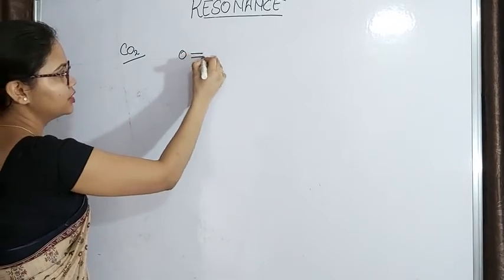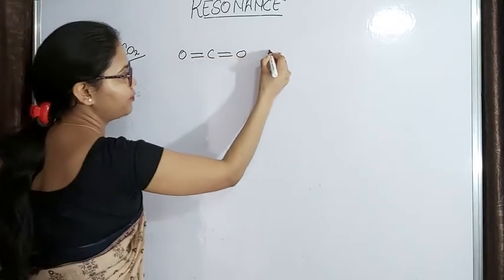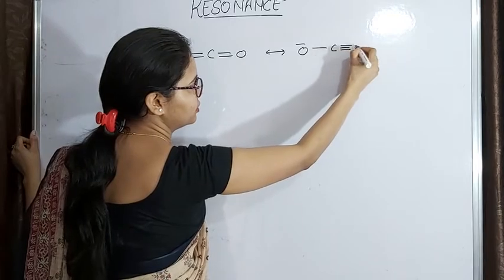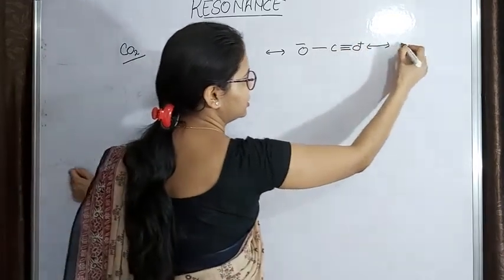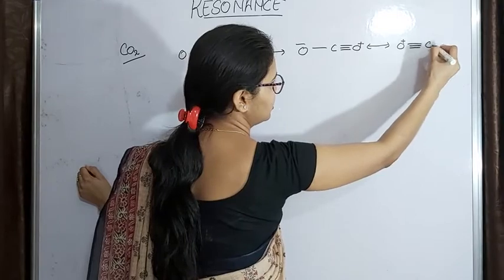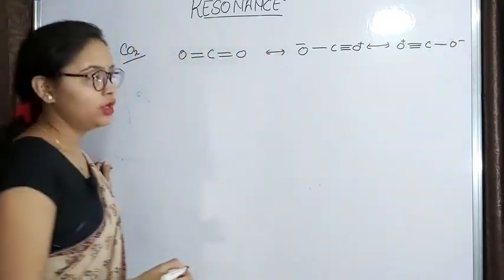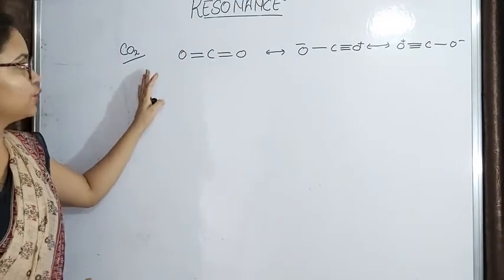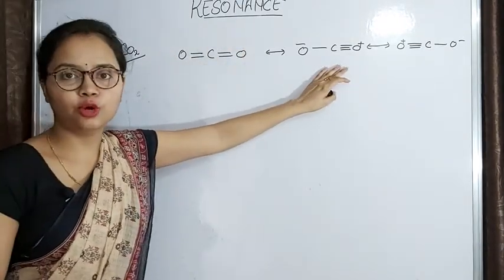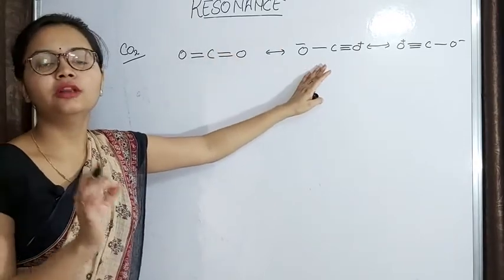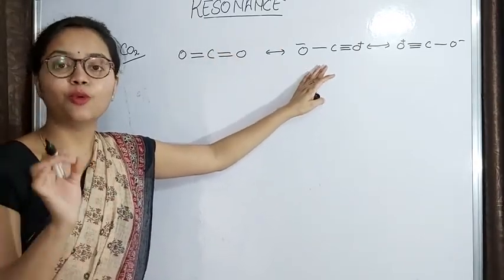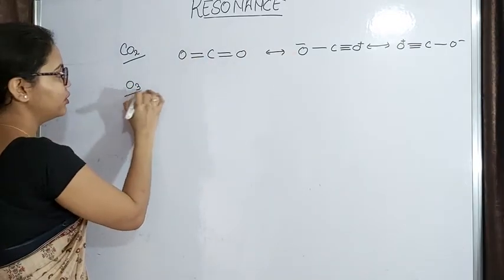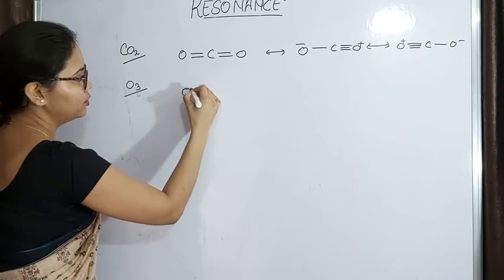Like we can draw the structure like this, or like this, or like this. So these are the possible structures of the CO2 molecule. Here we are representing the structure of CO2 by using more than one Lewis dot structure, Lewis bond structures. Similarly, if we want to represent the structure of the ozone molecule,